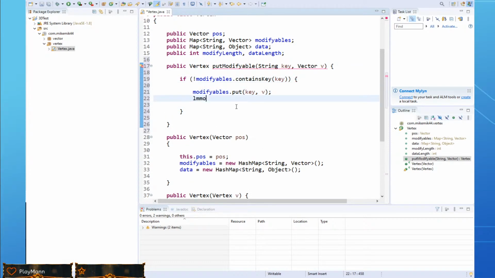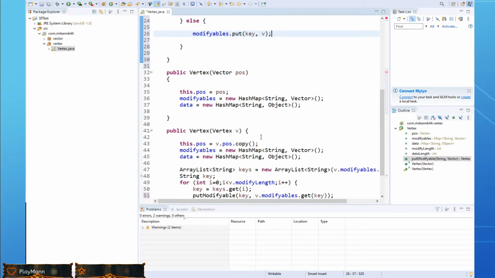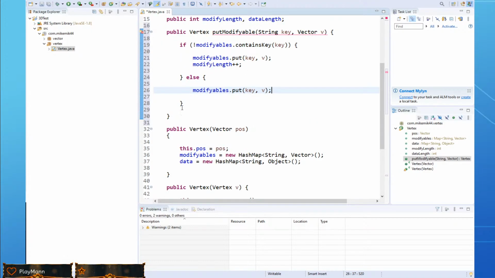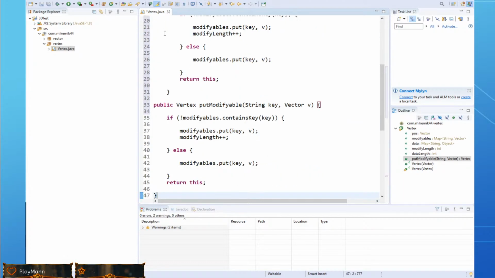And we're going to change the modify length by 1. Else, we're just going to put it in. And it's not really that hard. Return this. We're going to do the exact same thing with data,